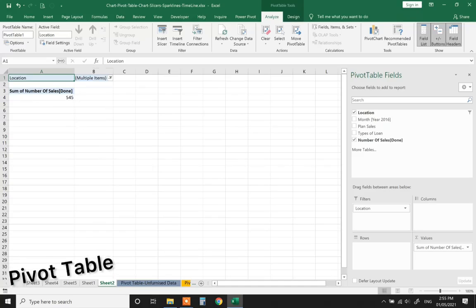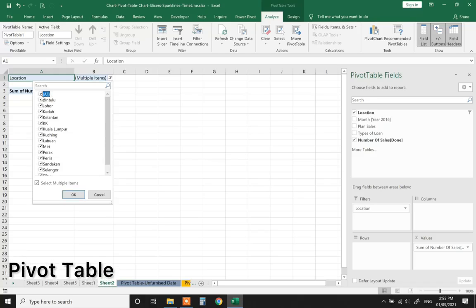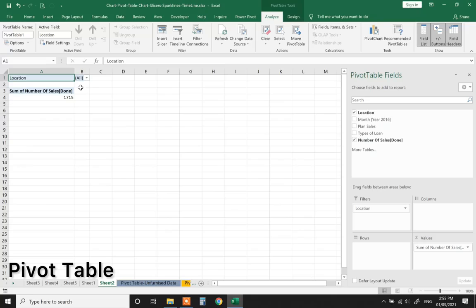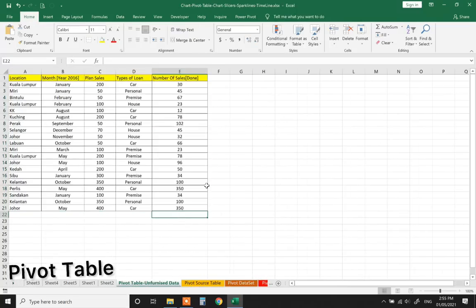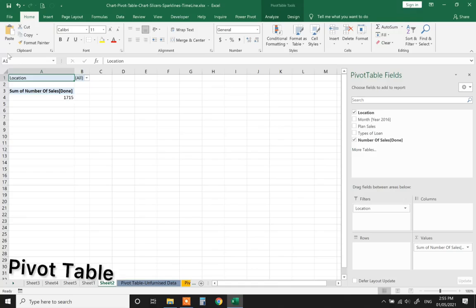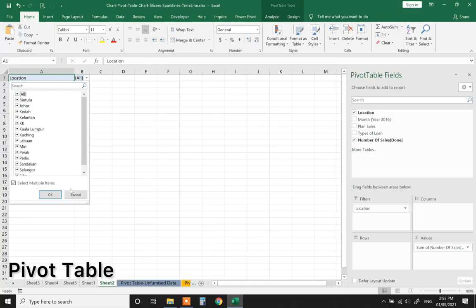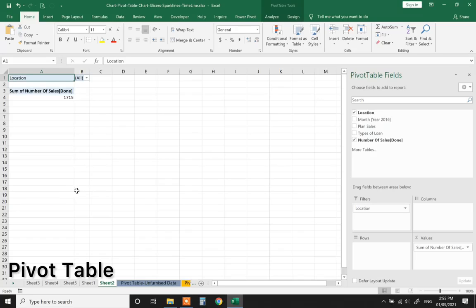So in this section, what you understand is we can do multiple selection to know the total sale. You do not need to create a total sum by using the auto sum method. But in this sheet 2, what you can do is see it by location. Okay, so this is one part of pivot table.